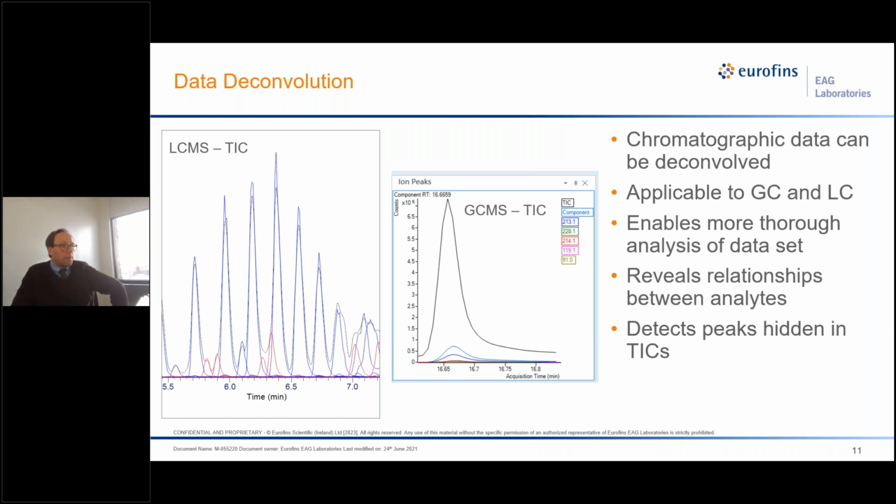What do I mean by this? I mean that something that is a compound of concern from a toxicological perspective could be at a concentration that is relevant, but it would be completely missed in an assessment using TIC mode and would only be caught using deconvolution. The GCMS TIC on the right illustrates a different scenario where we do see several things coming out,